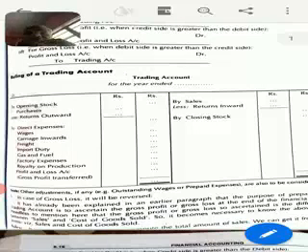Now, what is this final account? We all know final accounts is a financial statement. It comprises of trading, P&L and balance sheet. As we know, the term final means the end. So, it gives the end, that is the final position of a company or a sole proprietorship or a partnership firm at the end of the year.